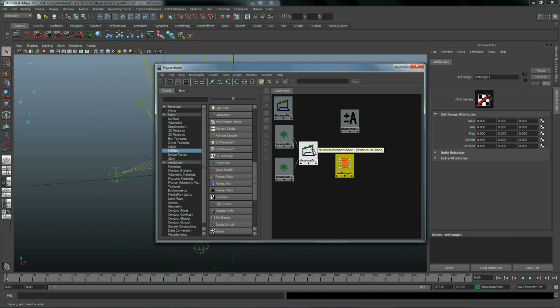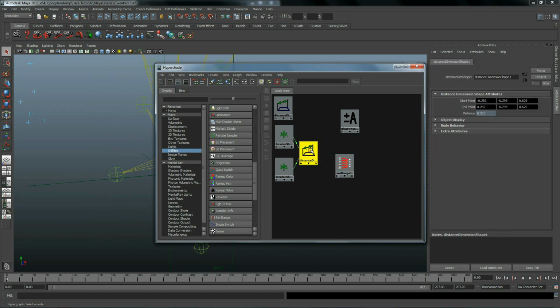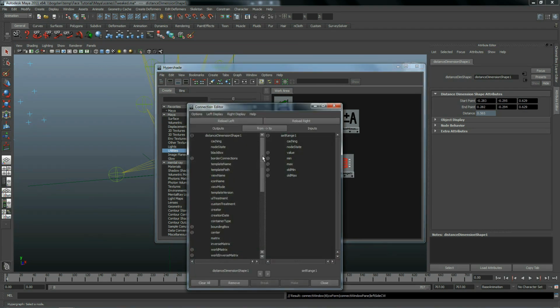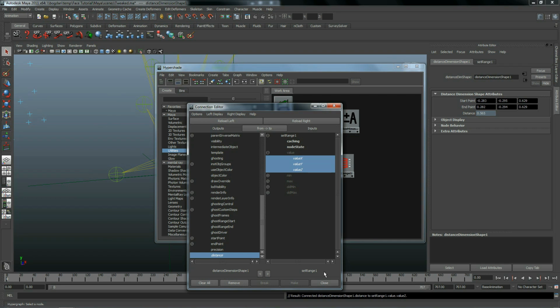We begin by converting the distance value by dragging the Distance tool onto the Set Range node. Select Other and then connect the distance in the left column to the value x through c in the right column. One value is all that we need, but I've selected all for ease.